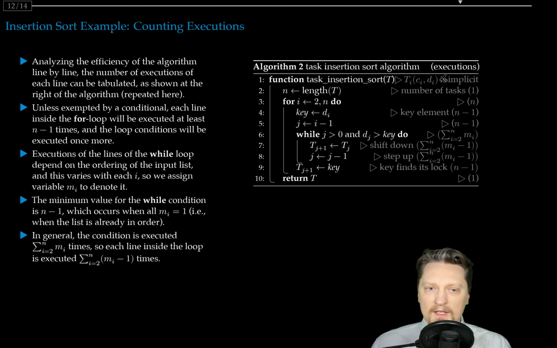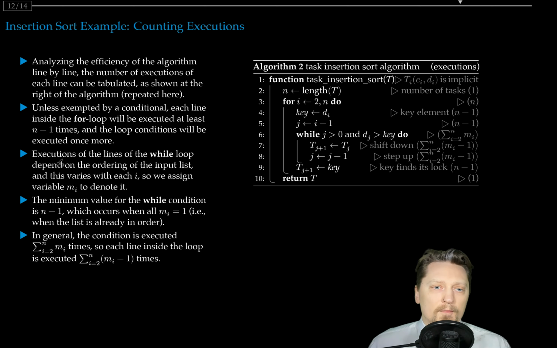Unless exempted by a conditional, each line inside the for loop will be executed at least n-1 times, and the loop conditions will be executed once more. So the number of tasks gets executed once, this one. Inside the for loop, we're going to get n-1 executions unless we have a while loop condition telling us not